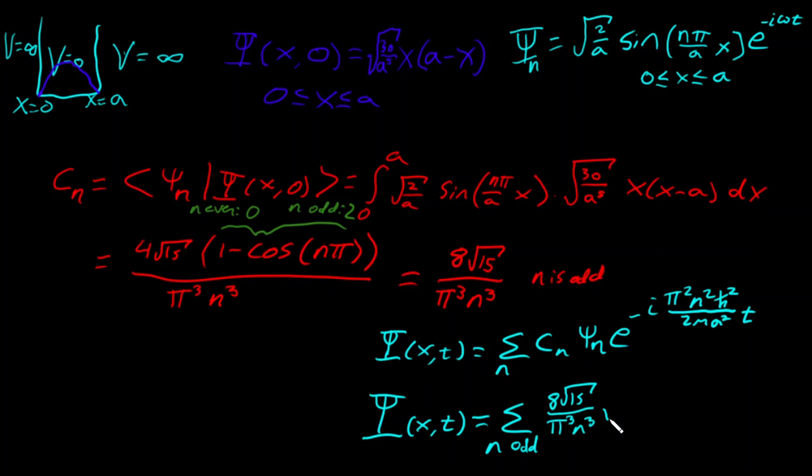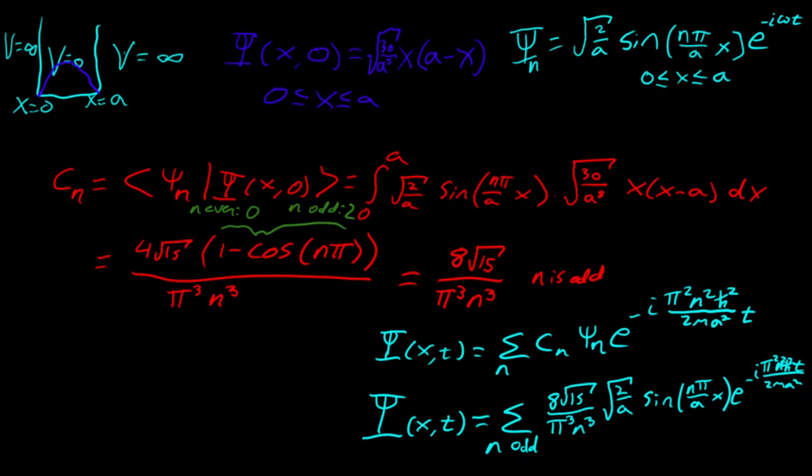And then we have our root 2 over a that we cannot forget about. We still have to make sure these psi sub n's are normalized. That's the only way this solution will end up being normalized. But again, if it's normalized at one point in time, it's normalized at all points in time, right? Sine n pi over a x e to the minus i pi squared n squared h bar squared t over